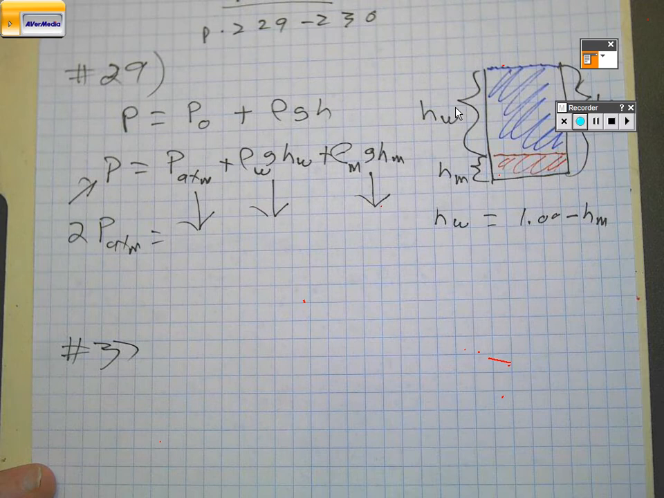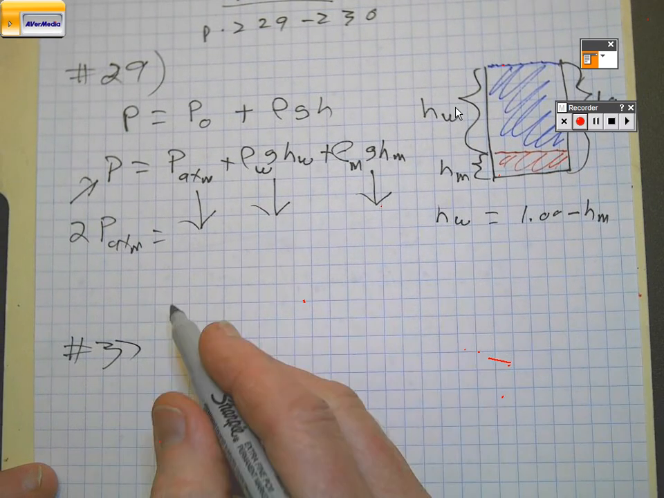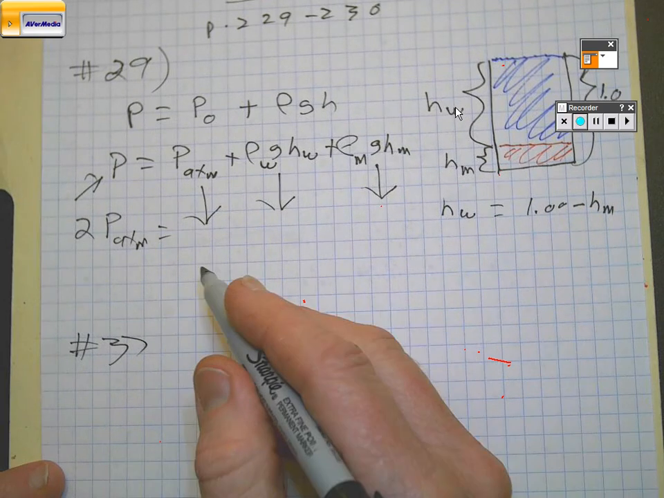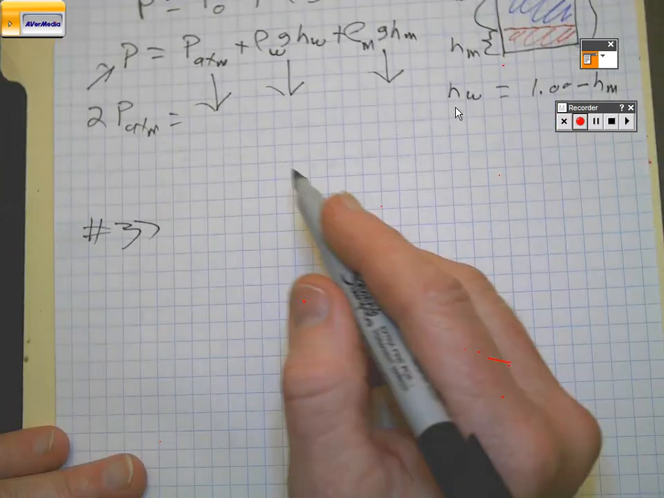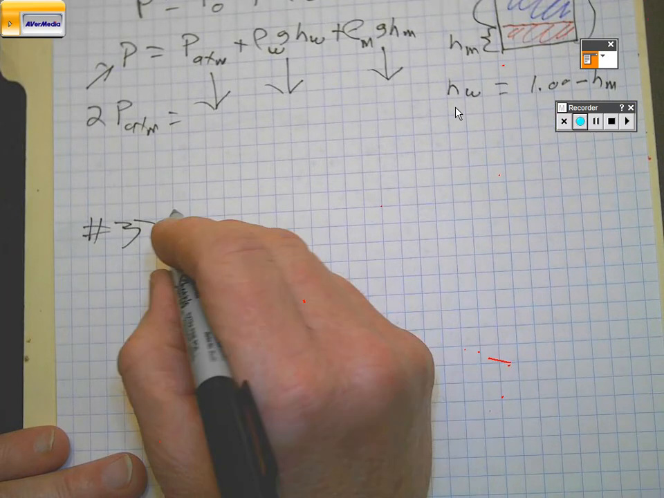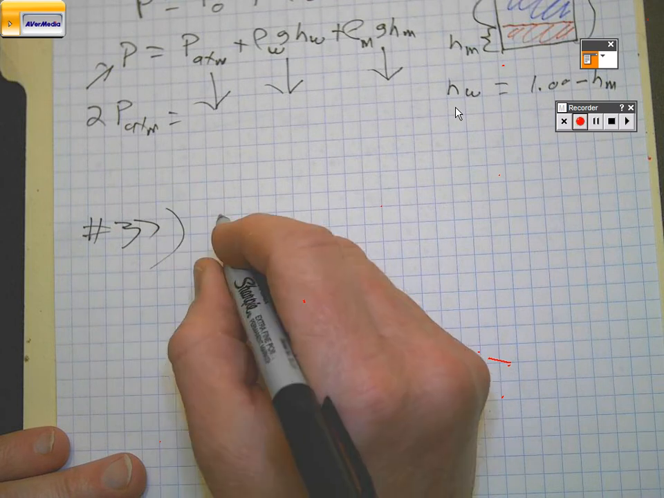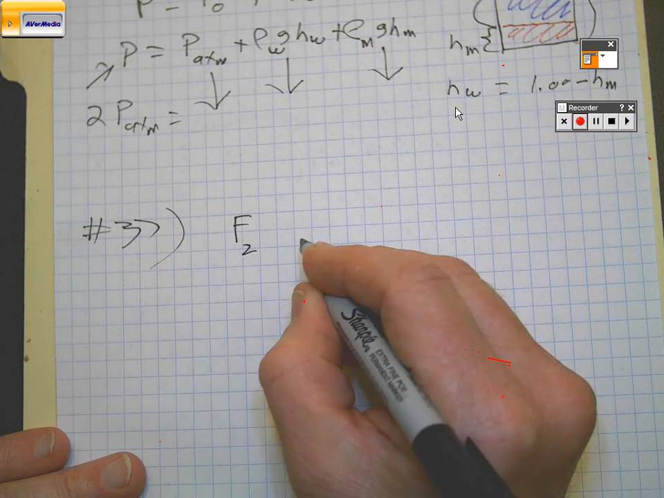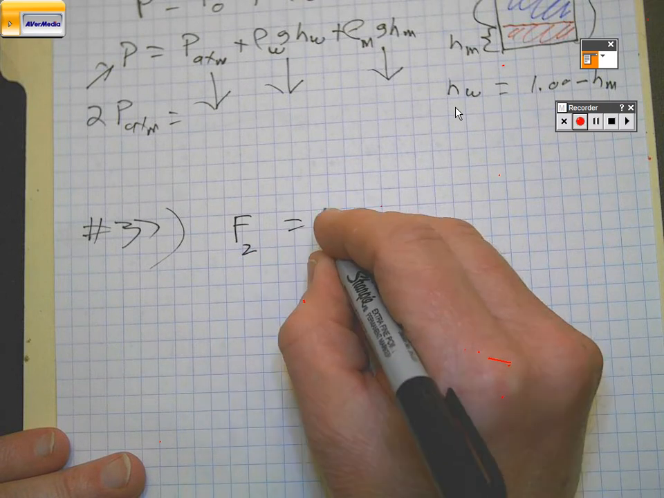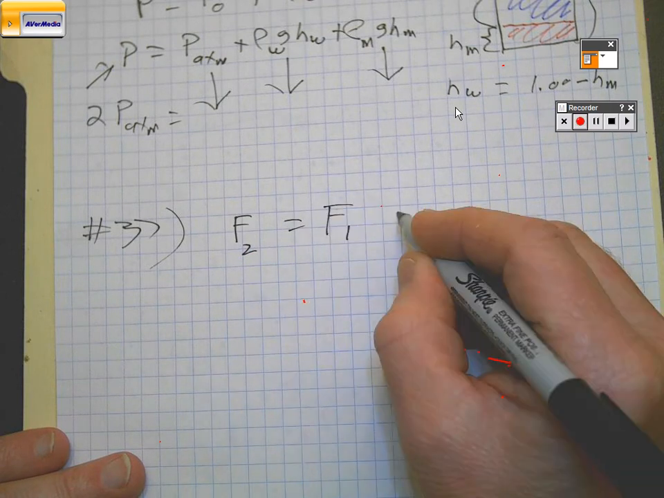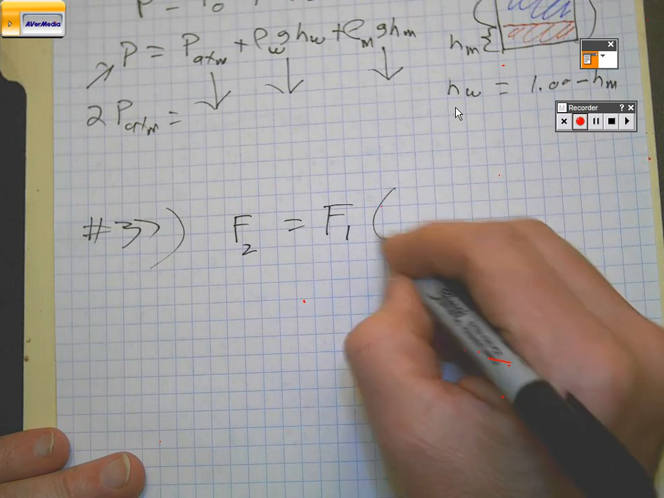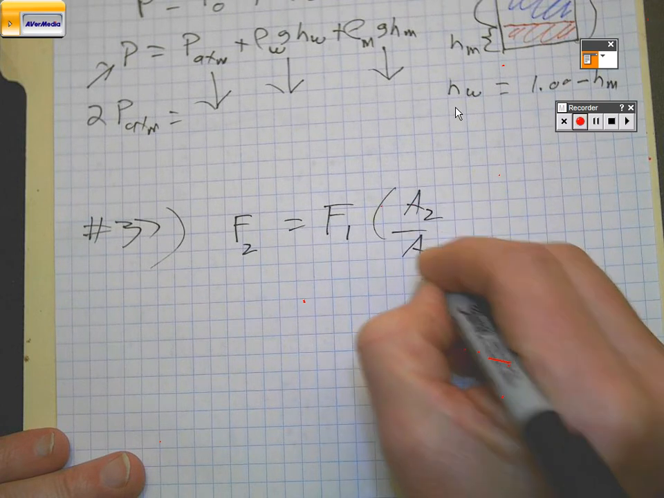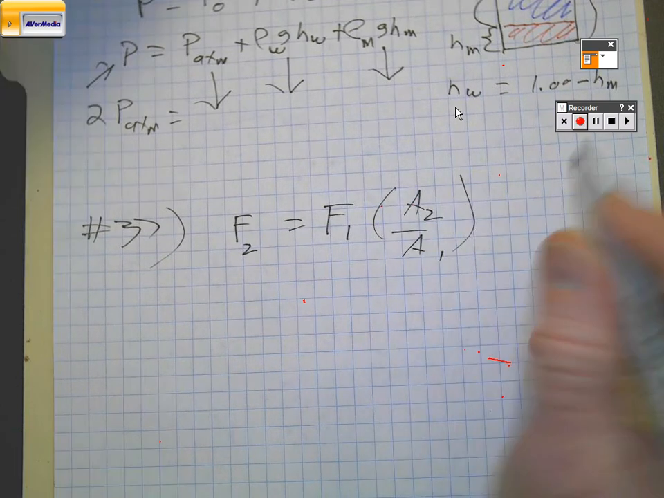And so when you look at number 37, this is a basic hydraulic problem. This will be somewhat easier than the previous problem. So this is a hydraulic problem. And when we use hydraulics, recognize that the force that you apply, say F2, is equal to F1 times A2 over A1. To get the diagram for you,